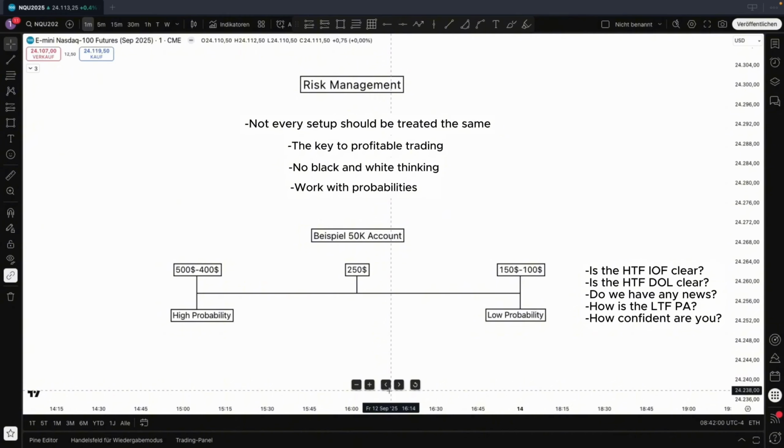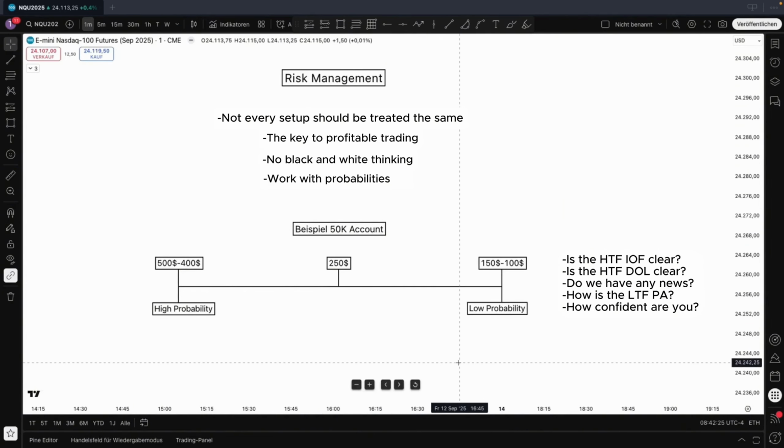Personally, it really helped me to ask myself this question before every trade. Because if I go into a trade and I already know, wow, if this one hits the stop loss, then I really messed up, then I know I wouldn't take it again. So is that really a trade you want to take? Personally, I would say no. And that's how risk management works. You ask yourselves questions, you set conditions that define a high or low probability setup, and that way you can decide how you want to enter this trade.